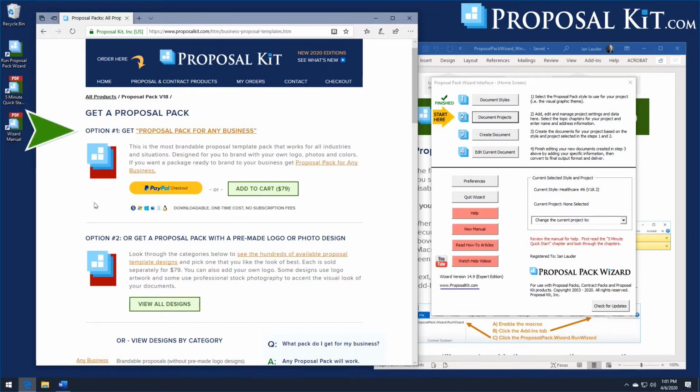A lot of people will get our plain design pack, proposal pack for any business. This design is also included in the Proposal Kit Professional. This is the design theme that is just plain black and white text, no extra graphics or colors added to it. And it's good for people doing either plain looking documents like government RFP responses, grant responses, and so on,